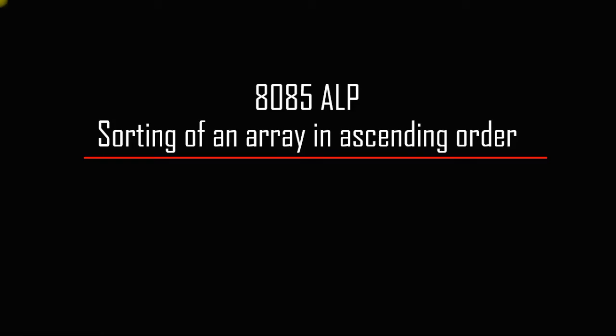Here we are going to discuss an assembly language program in 8085 for the purpose of sorting an array. We are going to sort the given array in ascending order. This is a trivial task for either a processor or a controller, because we need to pick the array from the given memory locations, compare all of the elements, sort the given array in either ascending or descending order, and then store everything in the same memory locations.